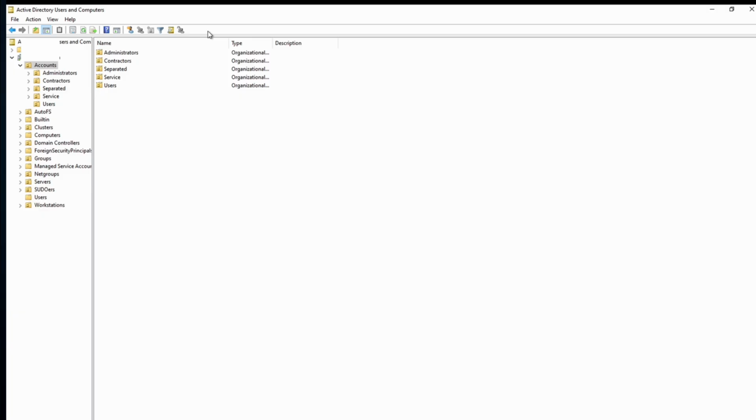All right, guys. So we are in Active Directory now. I'm going to show you the very basic, the common way we create the accounts. There are several ways you can do it, but I'll just show you the very straightforward one. The first thing you need to know is how to create a user account. You will just go into users and then basically right-click on it, and new, and create a